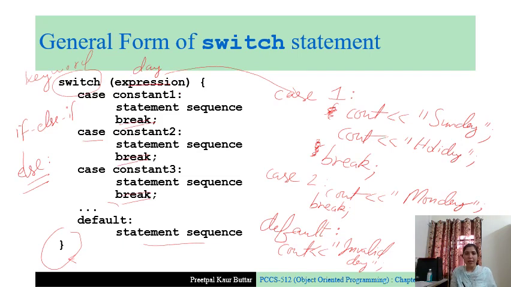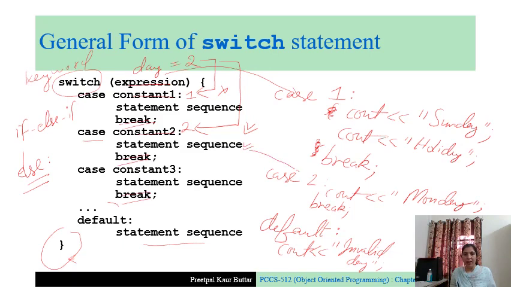Suppose I enter day equal to 2. So this is case 1, this is case 2. First it will be compared with case 1, the match will not occur. Then it will be compared with case 2, here the match will occur. So the match will occur and the statement sequence written here will be executed.